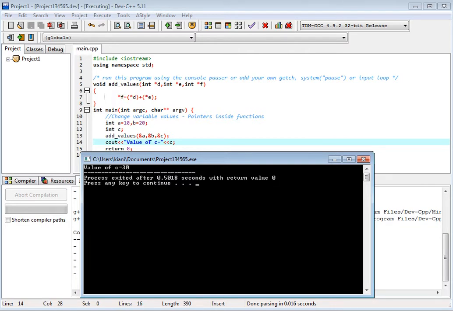The value is 30, right, and we add the values. There is no assignment here, and this is a void function, it is not returning anything.